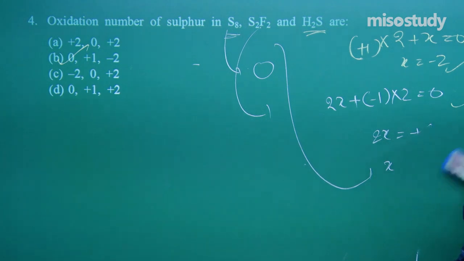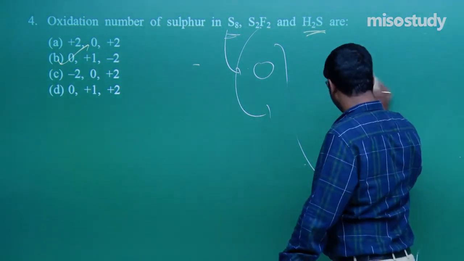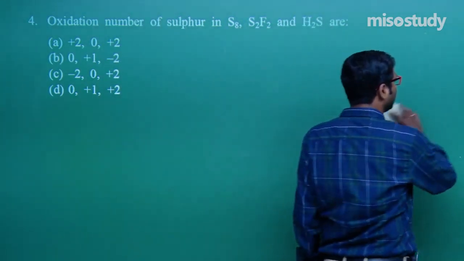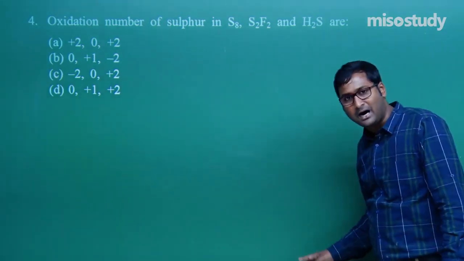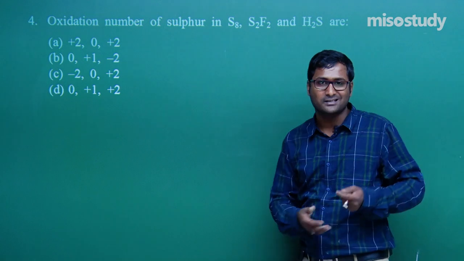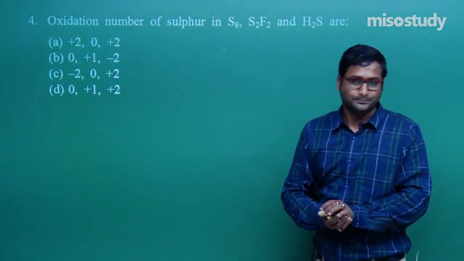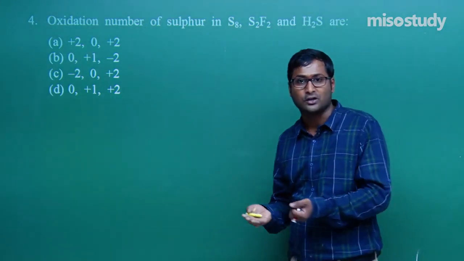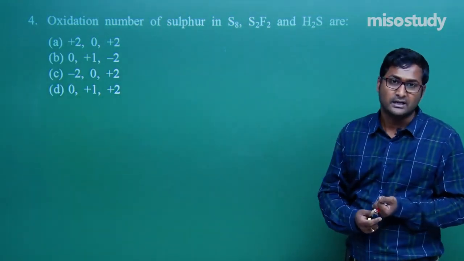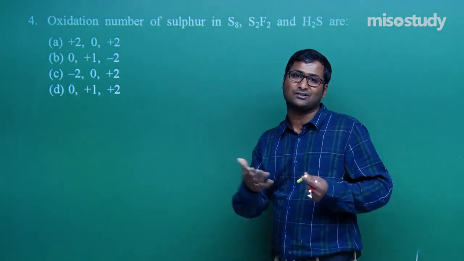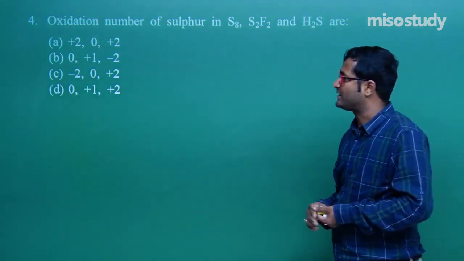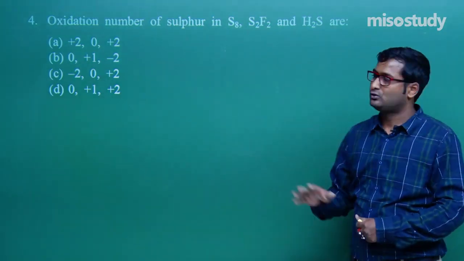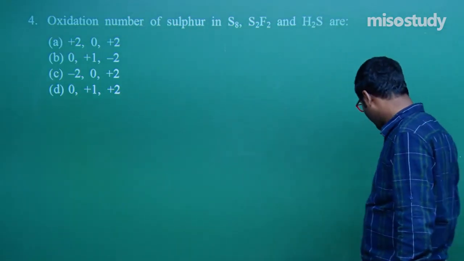Now, wait for a moment. This chapter is so easy, but it links to one of the best chapters of chemistry, physical chemistry, that is electrochemistry. If you have a command on oxidation reduction, that is redox reactions, then you can easily solve questions related to electrochemistry. Otherwise it is not possible to solve questions like the Nernst equation, like the equivalent concept. So these are some of the best topics, a pathway to solve questions related to electrochemistry. If you have any doubt, as I told you before, you can easily approach me. I am always here to help you. Clear, friend? Now let's move to the next question.